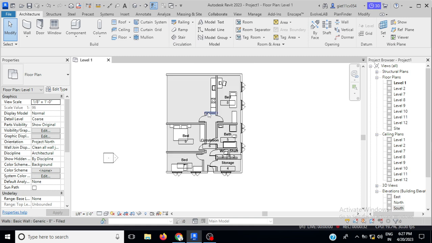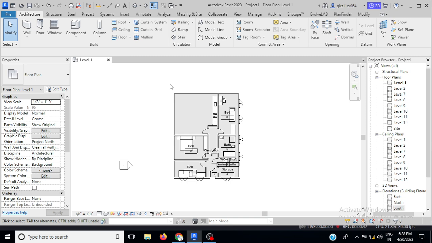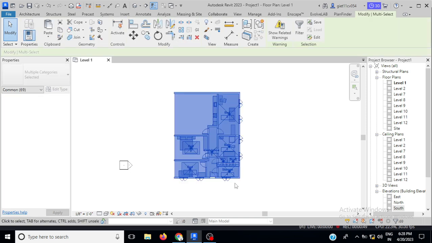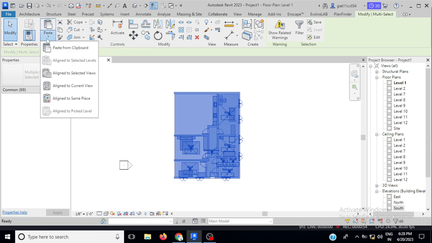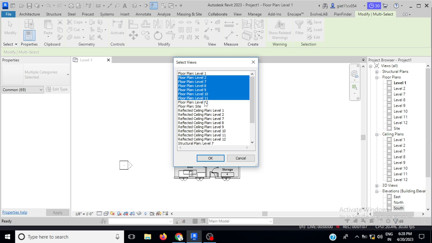Suppose I have this model, and now I will create this in a multi-storey building so that you can understand clearly about the shaft. So first copy all this, then copy and paste, align to selected view, and I will paste it in all the floors. Okay,